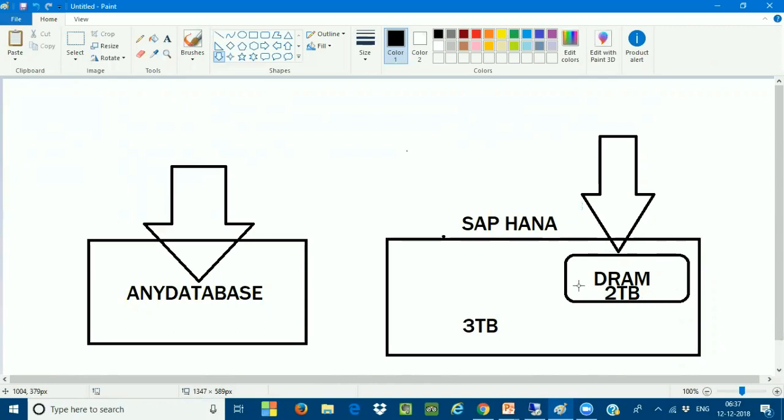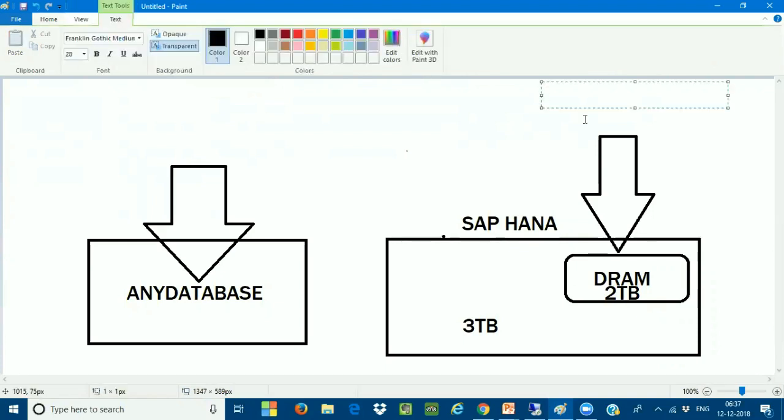So the DRAM is called an in-memory database. So what is the concept of in-memory database? It is going to remove all the aggregates. Very, very important. I will tell you what is the meaning of aggregates here. It is going to remove all the predefined aggregates. And the second point I'm writing here. Please, very, very important certification question for all of you. So the in-memory database, what is it going to do? It is going to remove